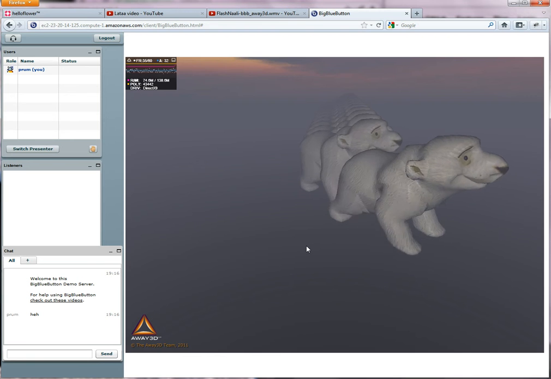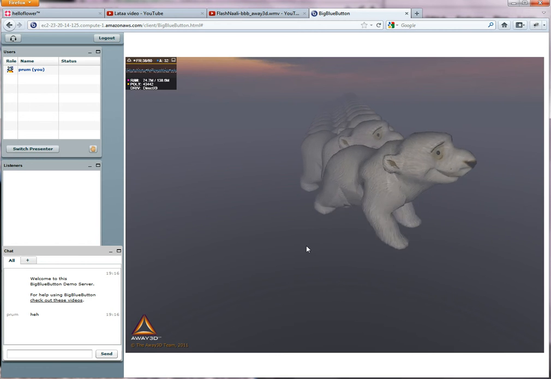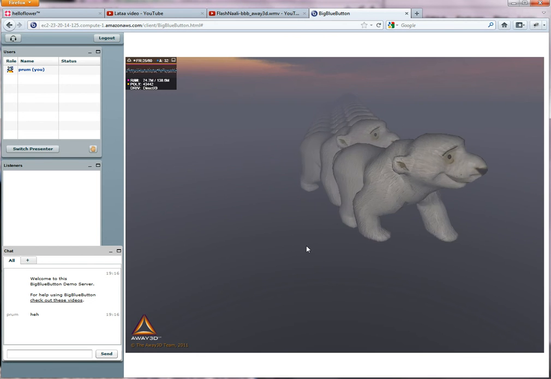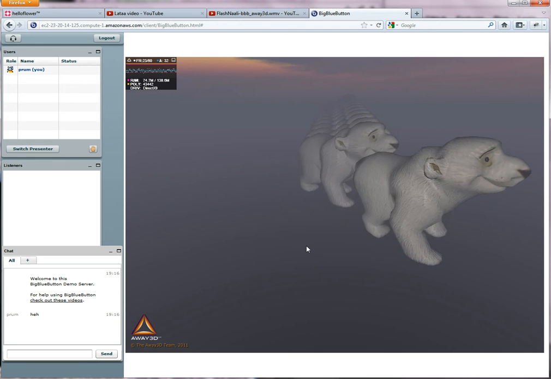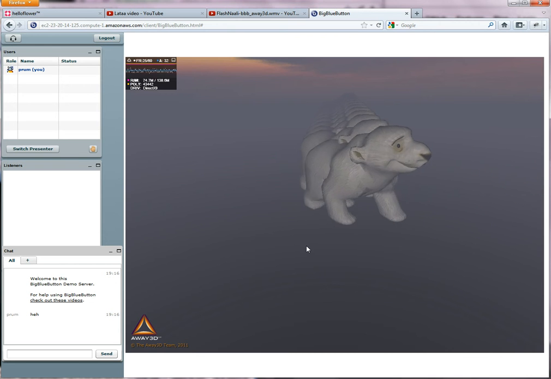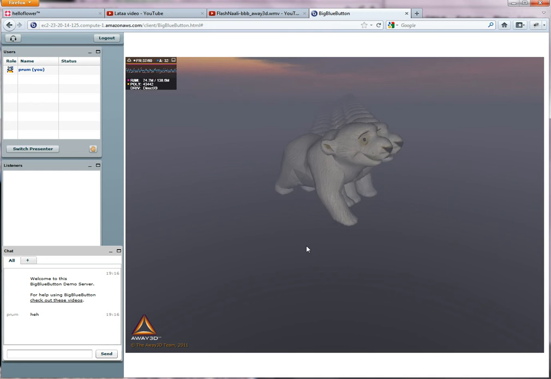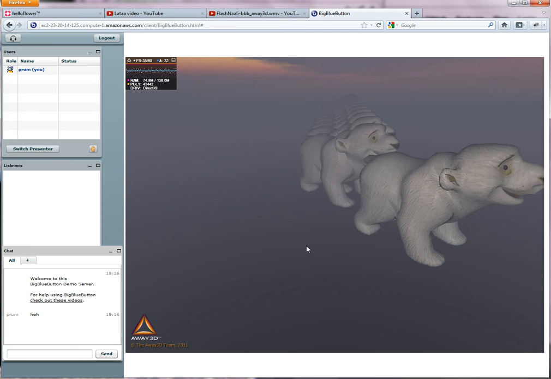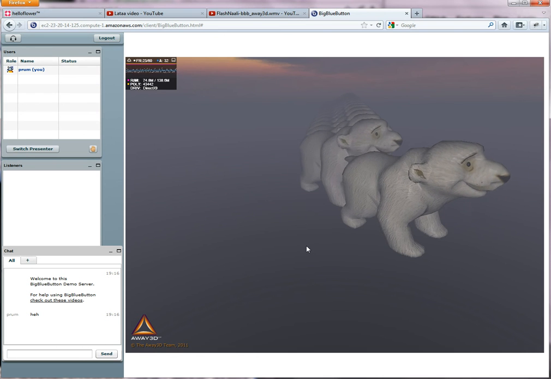And there's conveniently in this demo scene some arrow keys bound to this nice polar bear. So we have a Flash gnarly demo going on here. There's 15 of these, so it's a stress test of the rendering, but with hardware skinning it runs at almost a steady 60 FPS, or well, it runs like Away3D normally does.